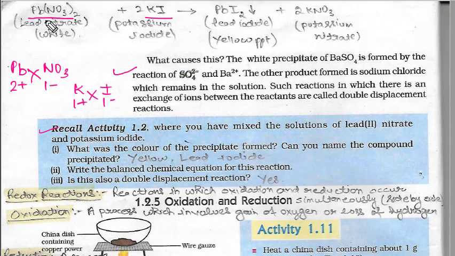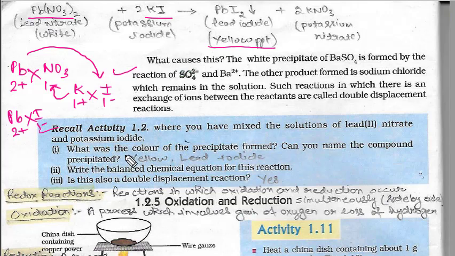I have already told you, now these are both ionic compounds, so they will react by exchange of their ions. So this Pb will react with this I negative, Pb 2 positive and I1 negative. When we cross it, it will become PbI2. Now we are left with K1 positive and NO3 1 negative. So when they combine, they will form KNO3, which is potassium nitrate. So when this lead iodide is formed, it will form yellow color precipitate.